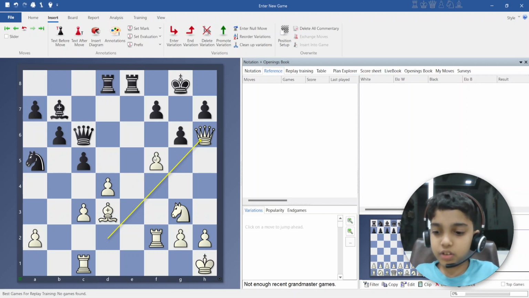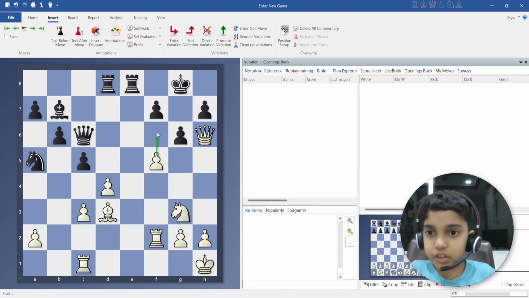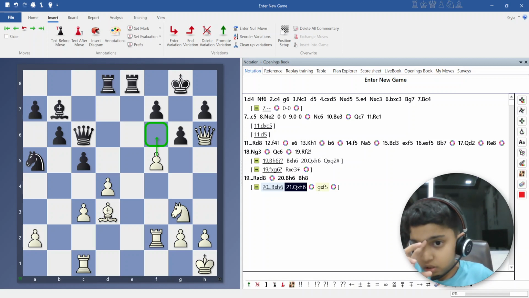So f6 here is a threat, and this will not go well. Yeah, so